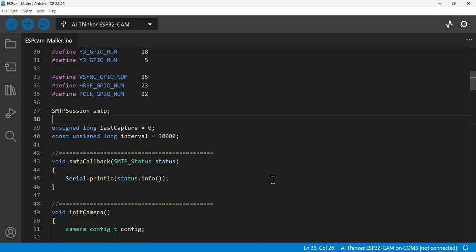We will create this SMTP session, and this will start the session for the SMTP server, and then this is for the time interval between each camera capture. So after 30 seconds the camera will again capture and send it to the SMTP server. This is for any error message, this is for the callback,